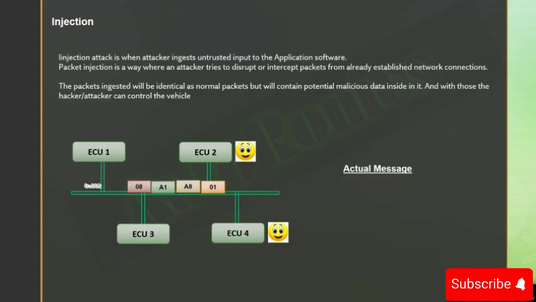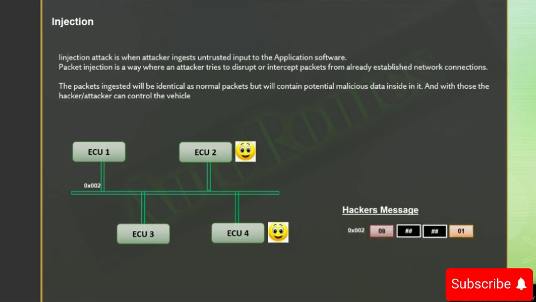But now, with the help of sniffing or a detailed understanding of a system, the hacker can understand the format of the values, and instead of the actual values, he can replace values that can maliciously or potentially threaten the ECU functionalities or the application software. So here, for example, same arbitration ID, and you see the second and third byte is completely changed, which could lead to a hack.